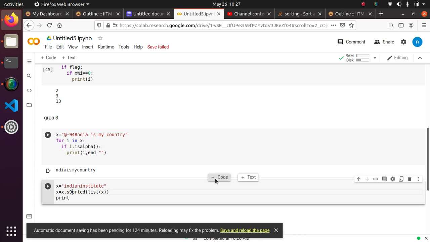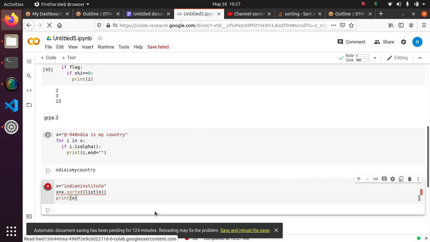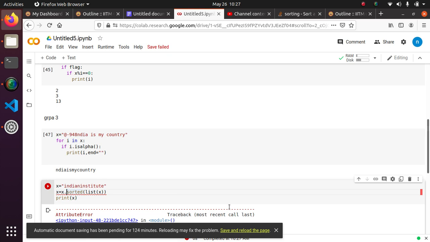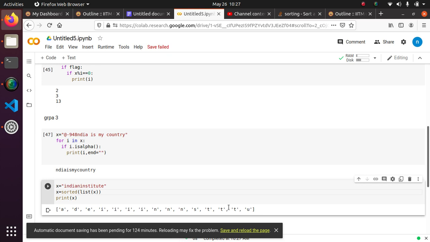Let's see what's gonna happen. Print of x. Maybe I'm wrong, maybe I'm right. Let's see. Oh god. See. Okay, now this works. So what this code basically does is that the given x is actually a string.